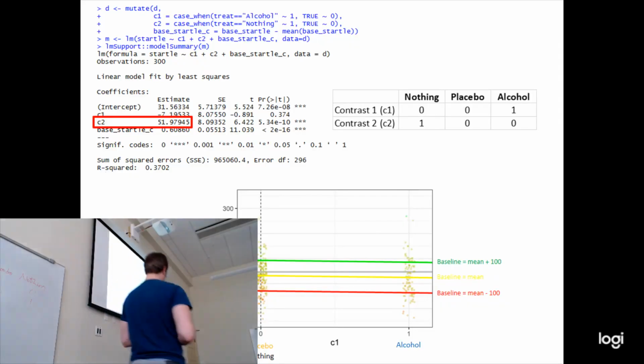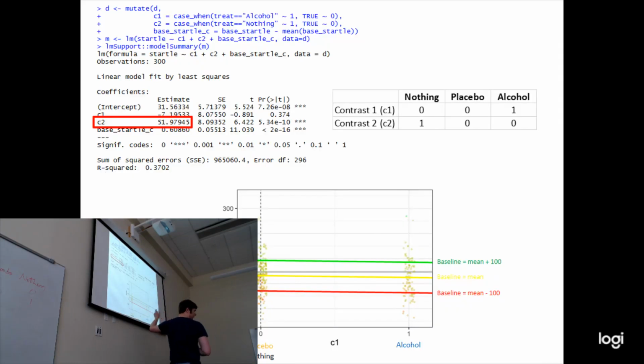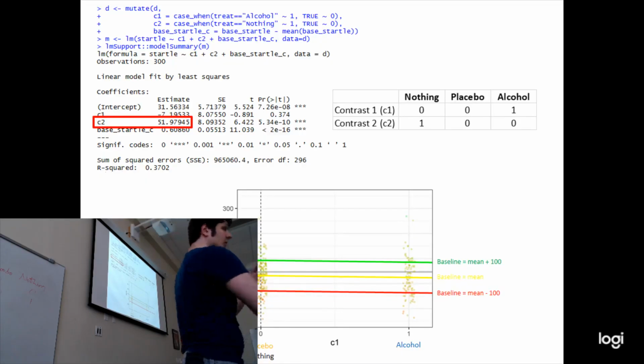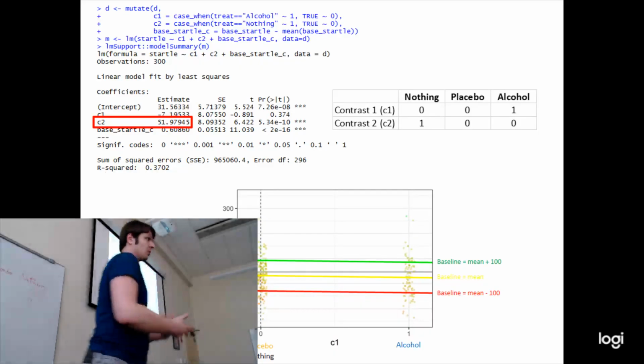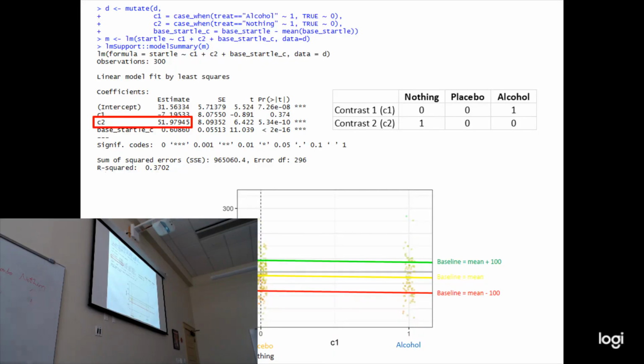C2 is not something that we can pick out of this graph because I've eliminated the color coding that tells us what is placebo and what is not. So it's not something that we can see on this graph, although I can create a different graph where C2 becomes a little bit more apparent. So let's do that. Before I get there,